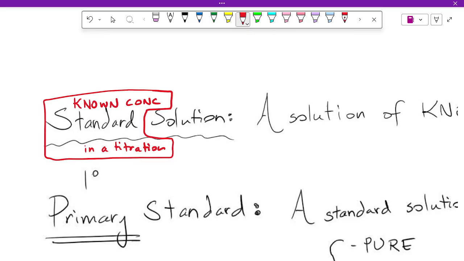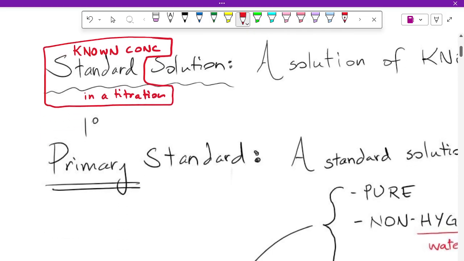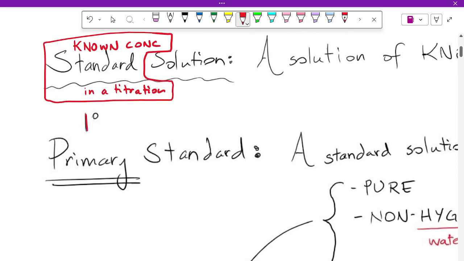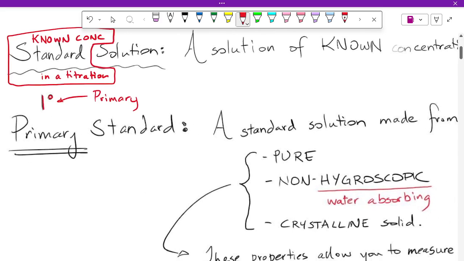Now, a primary standard, if you guys don't know the symbol for primary, it's a 1 with a little degree sign. That means primary. Handy for those of you who are in biology and need to do primary, secondary, and tertiary protein structures. Also handy if you take organic chemistry and you have primary, secondary, and tertiary amines. At any rate, this is a standard, and it is a standard solution, and it has to be made from something which is pure,